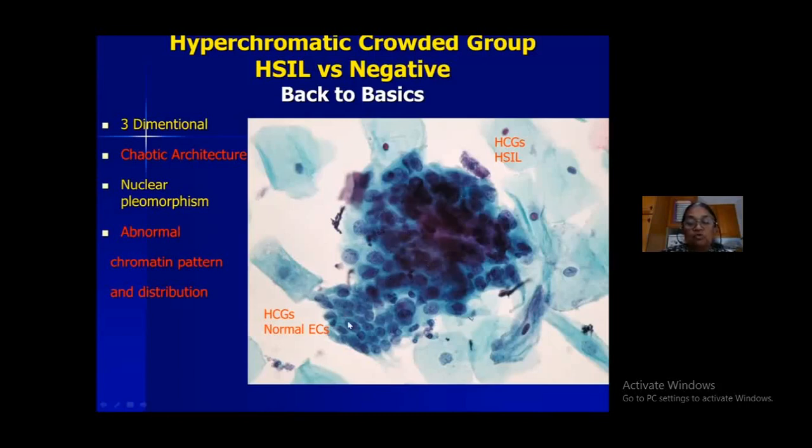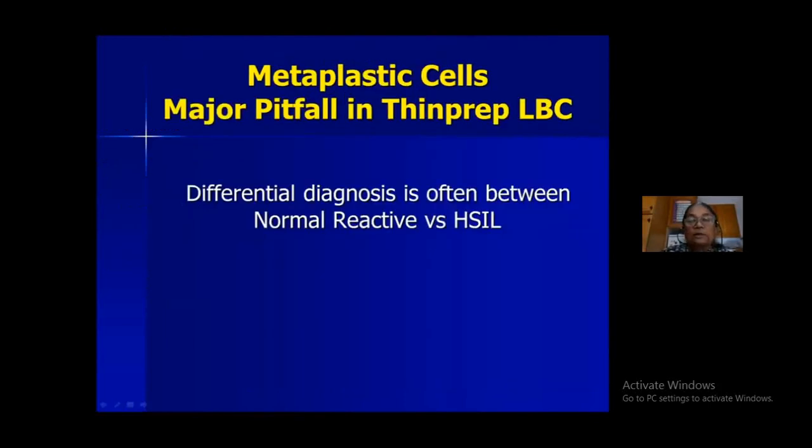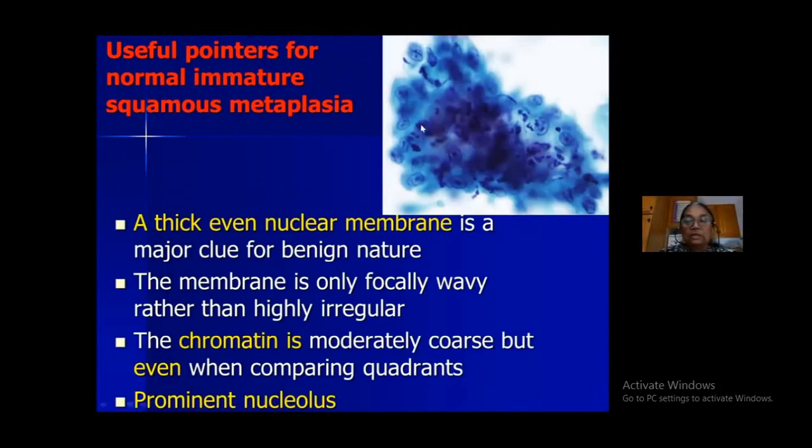Next to it, the normal endocervical cell, negative, hyperchromatic, crowded, but not flat, not three-dimensional, non-chaotic architecture, and nuclei haven't got the chromatin distribution abnormality. So normal, abnormal. What about metaplastic versus high SIL in ThinPrep? When the hyperchromatic crowded group is metaplastic with thickened nuclear membrane, prominent nucleolus, and evenly distributed chromatin, it's a reactive metaplastic